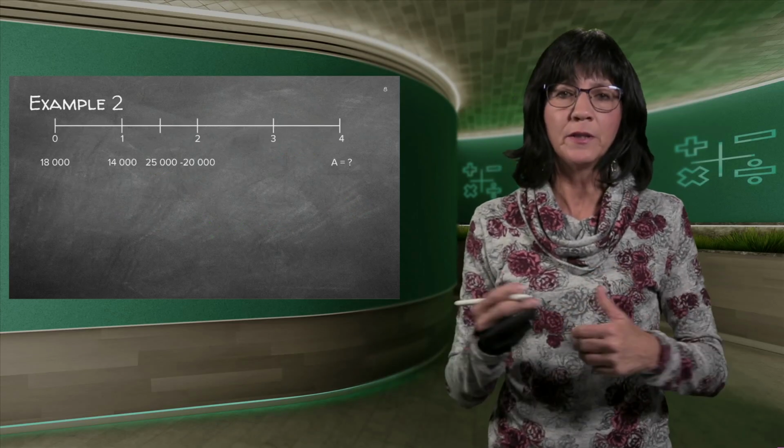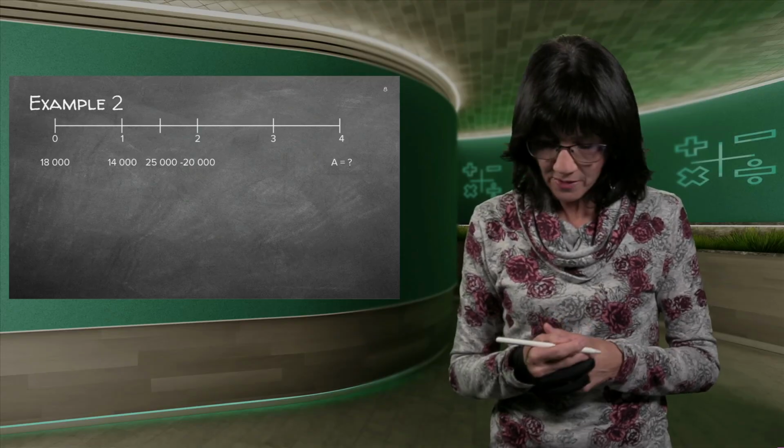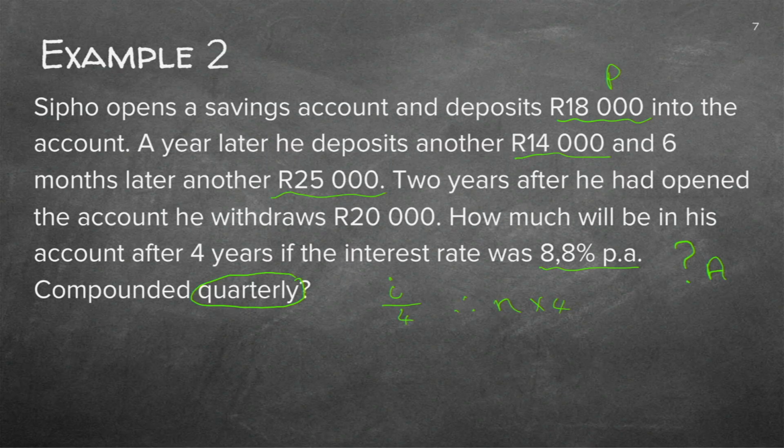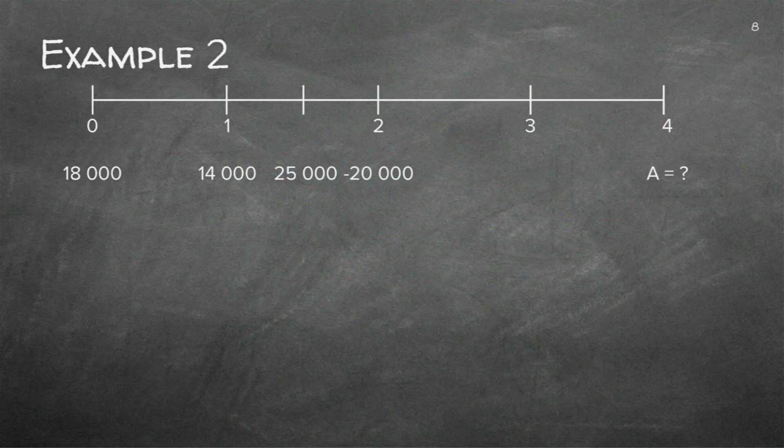Now I already filled in the amounts because it's a lot of amounts. This is for the years. Let's just quickly go back. After 4 years, so I'm just going to circle that. That was my n. So I know my n is 4 years, but remember we're doing it in quarters. So at 4 years, and the percentage is 8.8%. So I'm going to do here, the percentage is